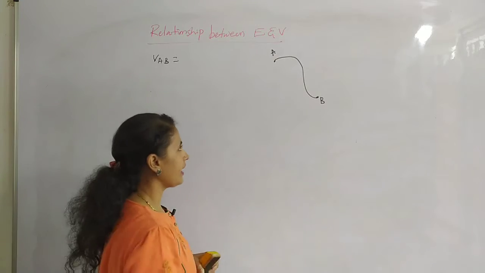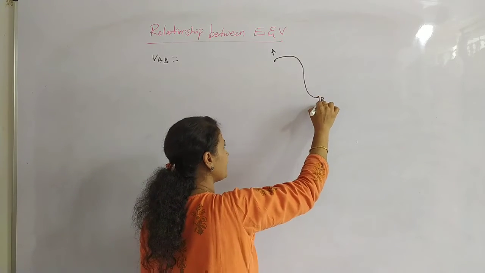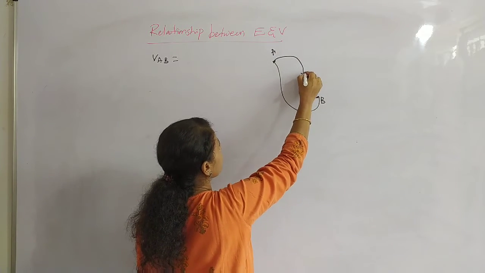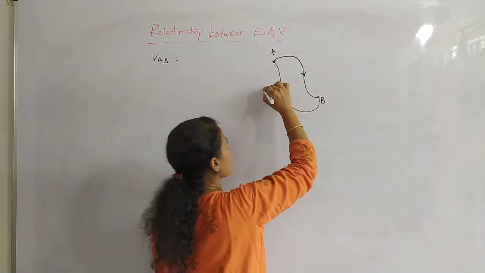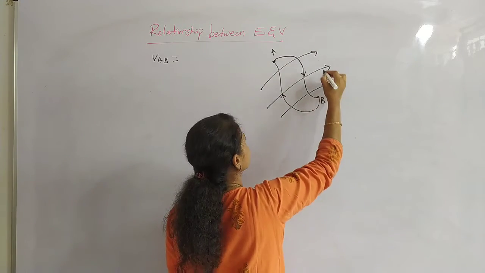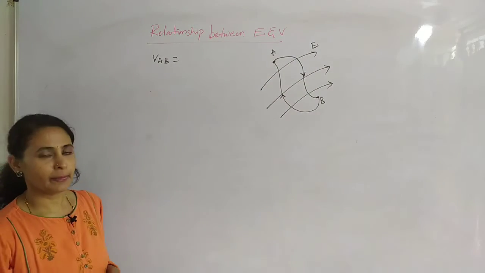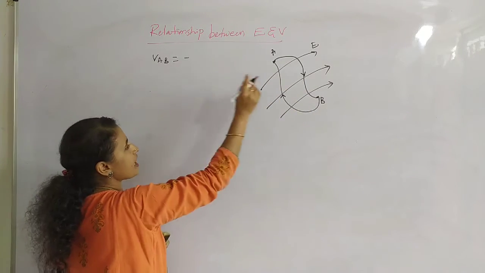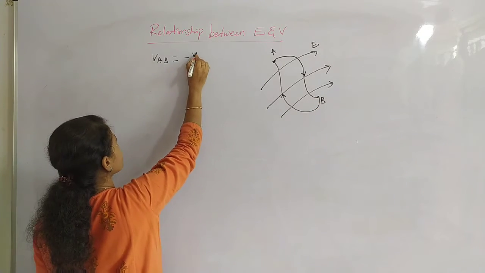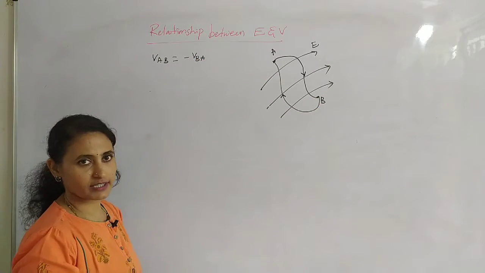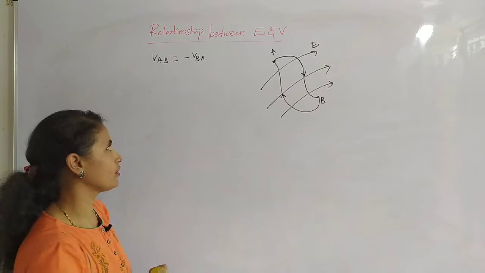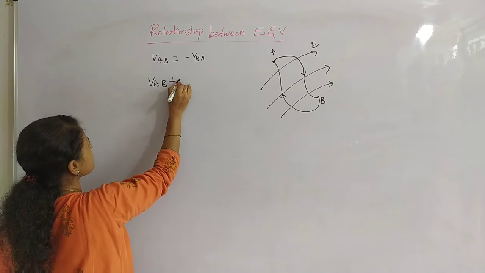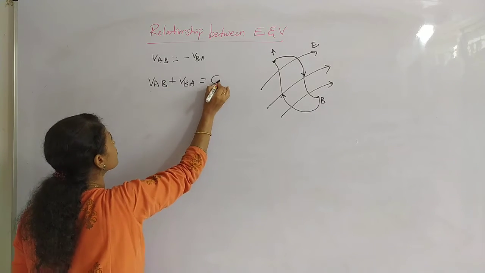And if we reversely move this point charge from B to A in any path, the path may be different, A to B and B to A. This operation is done in electric field. Moving a point charge from A to B is the inverse of moving a point charge from B to A, so the potential differences are reverse to each other. If it is 2 volts, it will be minus 2 volts. So if I bring this minus VAB to this side, VAB plus VBA is equal to 0.